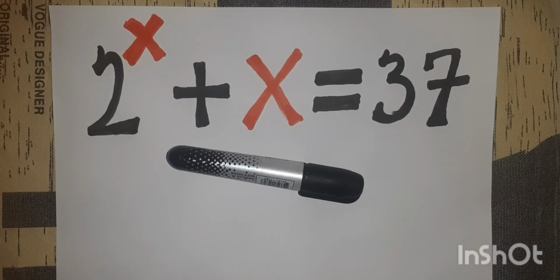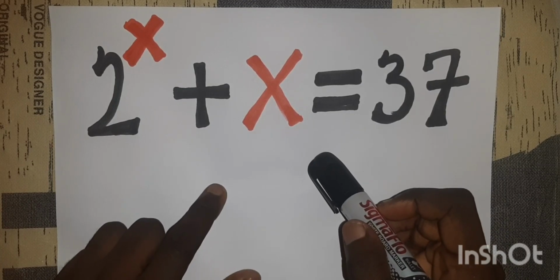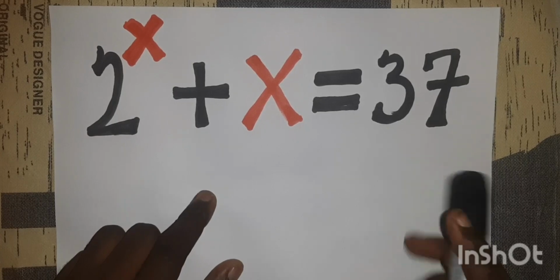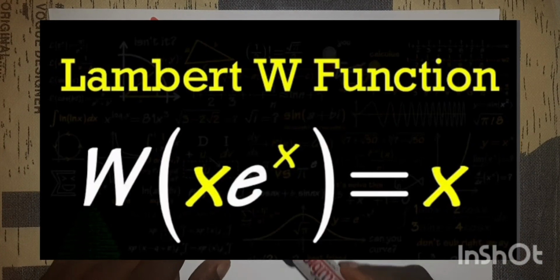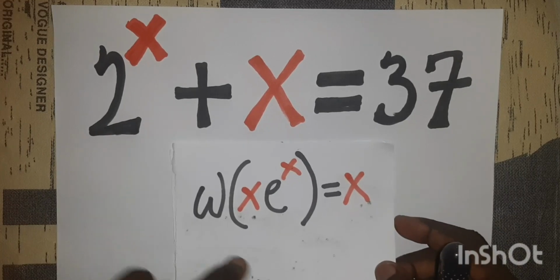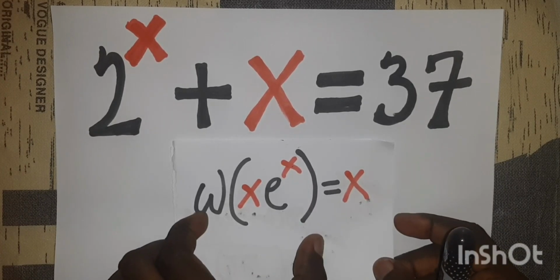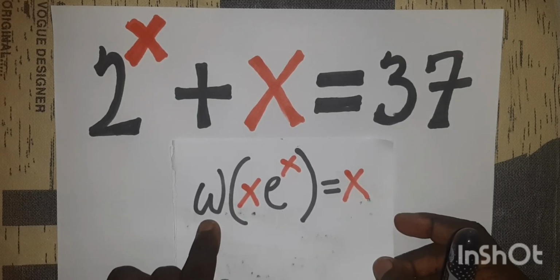Okay, so we have this interesting equation here, and we are not going to be solving this equation graphically. We are going to be using a rigorous algebraic approach involving the Lambert W function. So we are going to just try our best to rewrite the equation and make sure that the left-hand side or the right-hand side is in this form, and this W here is the product log from the Lambert W